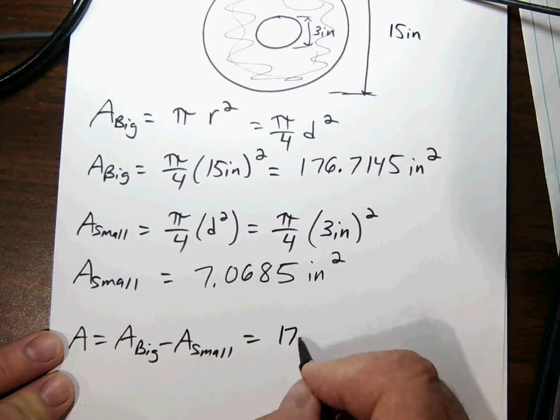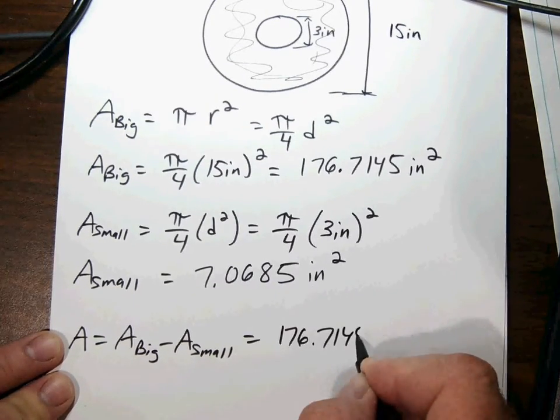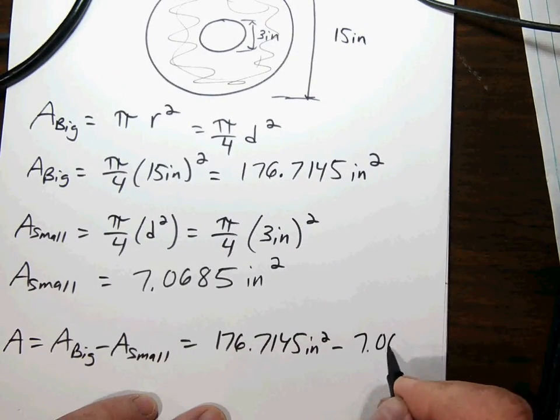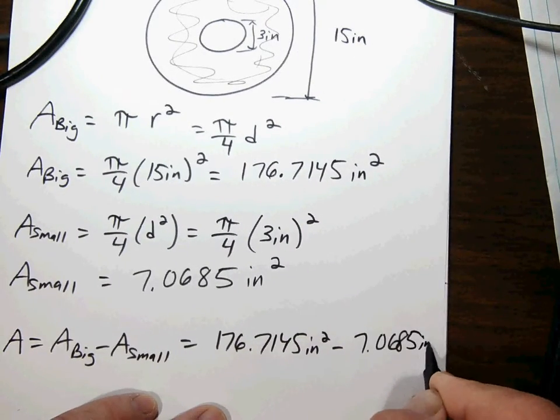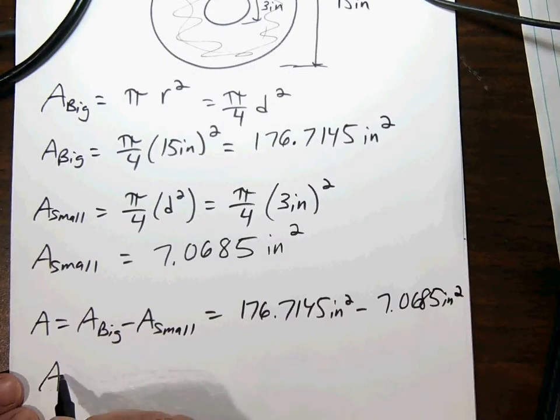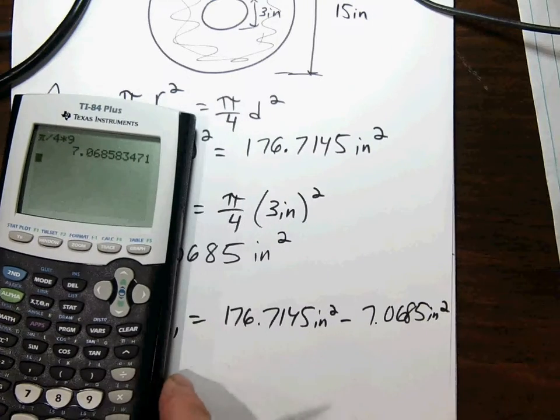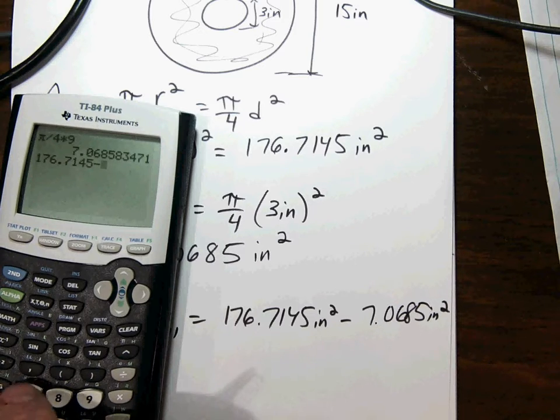So 176.7145 square inches minus 7.0685 square inches. What do we get there? 176.7145 minus 7.0685 equals